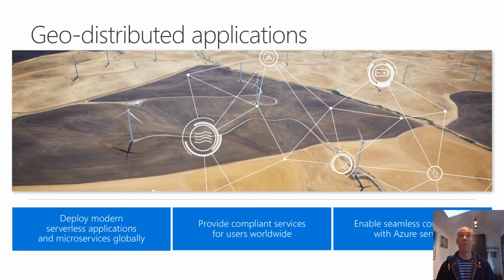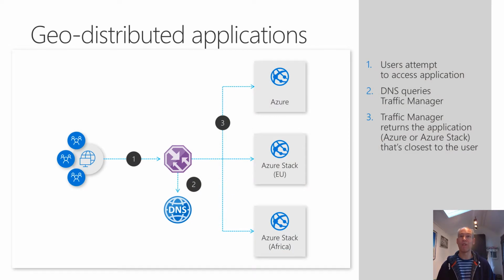The next one to talk about is Geo applications. So this is where you want users to go to the most appropriate place to connect to the application. So the example here is a web app. So you can see there are multiple Azure Stack